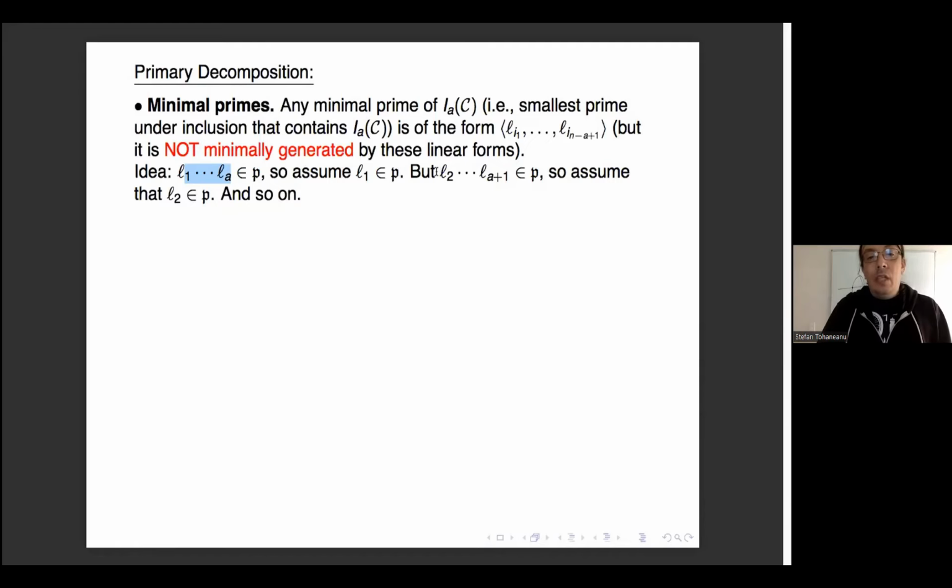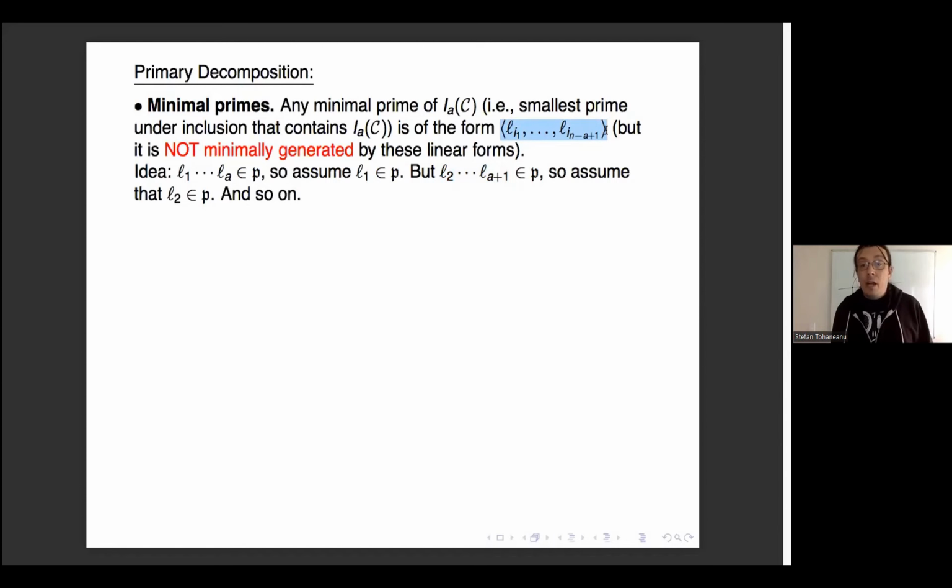Then we move to another generator that doesn't contain L1, let's say L2, all the way to L(A+1). That's also in our prime P that contains I sub A. So one of those factors should be in P. Let's say it's L2. L2 might be equal to L1, right? We allow repetitions, so that doesn't matter. We count it separately to get to this formula. So we get that indeed we have n minus a plus 1 linear forms